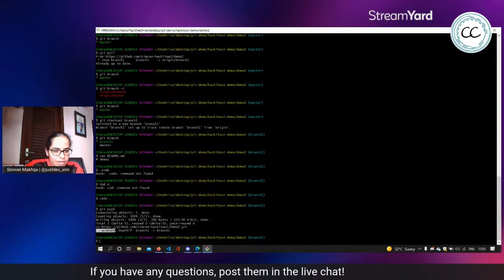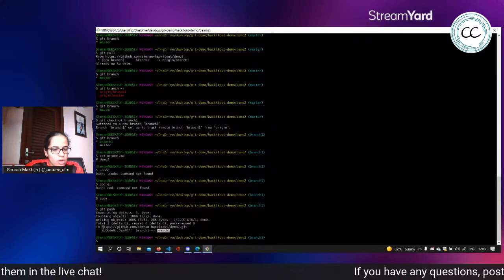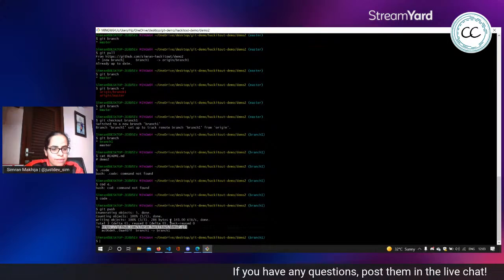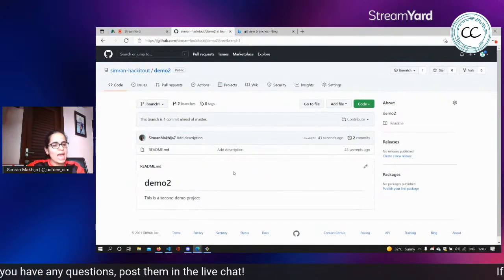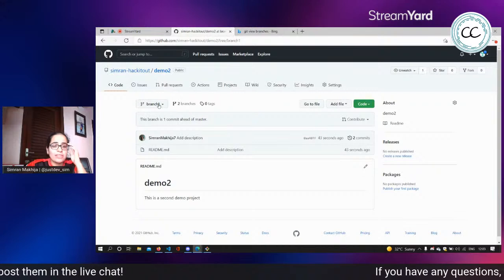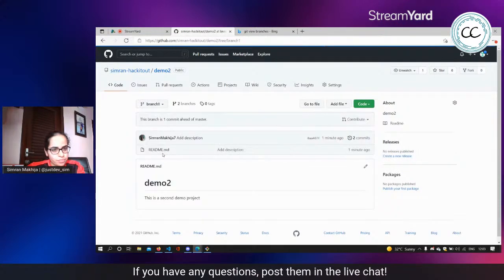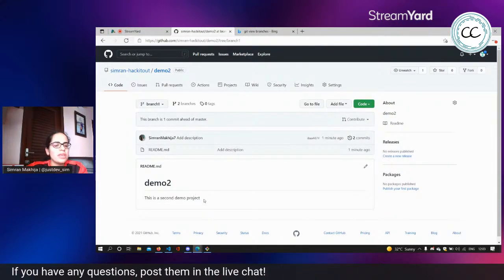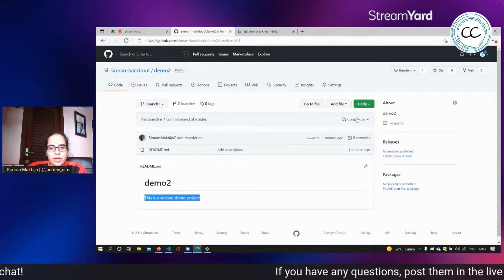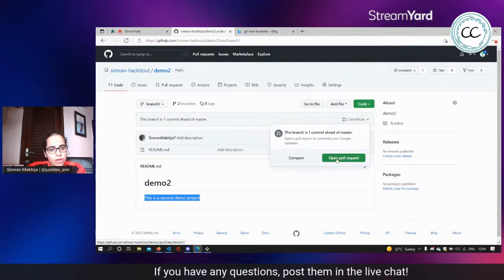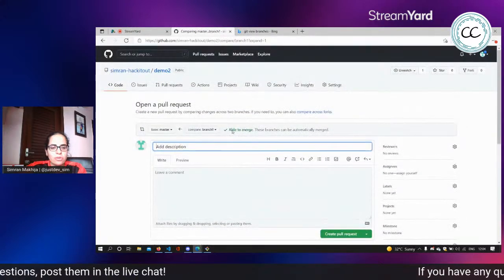See, this is the commit ID, and this has been pushed from branch 1 to branch 1 on this repository on the web. Let's see if we have the changes here. Reload. As I said, this is for people to be able to work parallelly. So you'll see branch 1 has the description while the master branch has nothing. So how do we reflect these changes in the master branch? One way to do it is you open a pull request and see if they can be easily merged. It says able to merge.